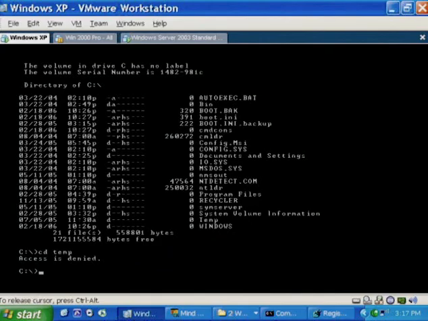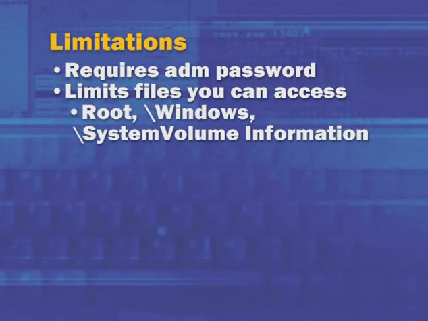And that's true of any folder except for the root, the Windows directory, and one special folder we're going to talk about later, system volume information, which is where Windows XP restore points are stored. The reason for this restriction is so that somebody who boots the recovery console would not have the ability to go and look at sensitive files that are protected by Windows permissions lists, because in the recovery console environment, the permissions lists are basically being bypassed here.